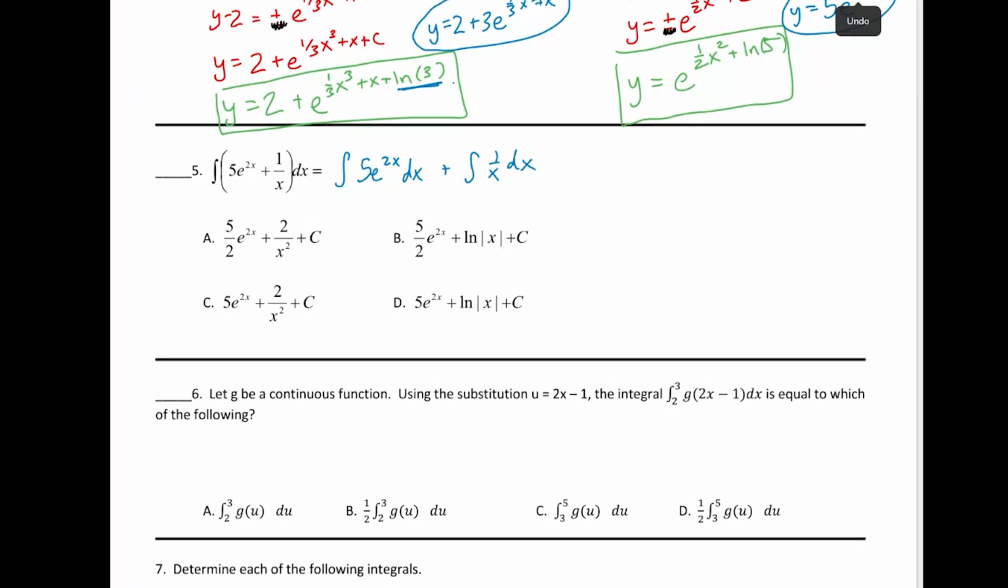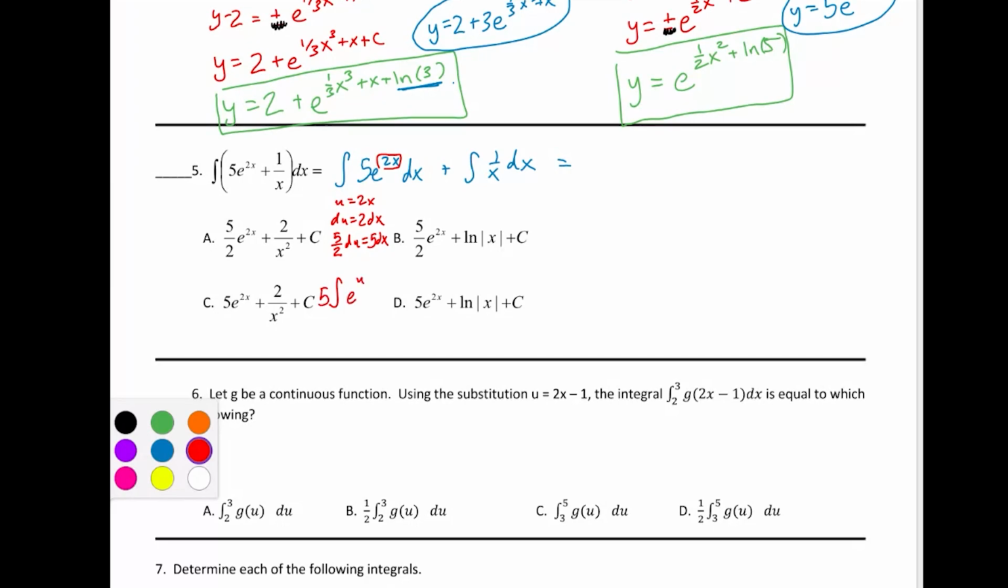So for the first one, we are going to have to use u substitution, where u is 2x. If u is 2x, then du is 2dx, but I have 5dx, so I need to divide both sides by 2 and multiply both sides by 5. So 5 halves du is the same thing as 5dx. Okay, so when I do that u substitution, I'm going to have the integral of e to the u times 5